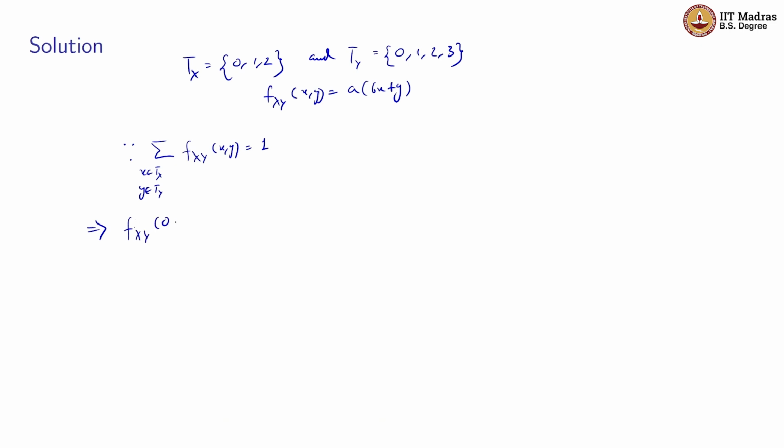So this implies that joint probability X is equal to 0, Y is equal to 0, plus joint probability X is equal to 0, Y is equal to 1, plus joint probability X is equal to 0, Y is equal to 2, plus joint probability X is equal to 0, Y is equal to 3, plus joint probability X is equal to 1, Y is equal to 0, plus joint probability X is equal to 1, Y is equal to 2,